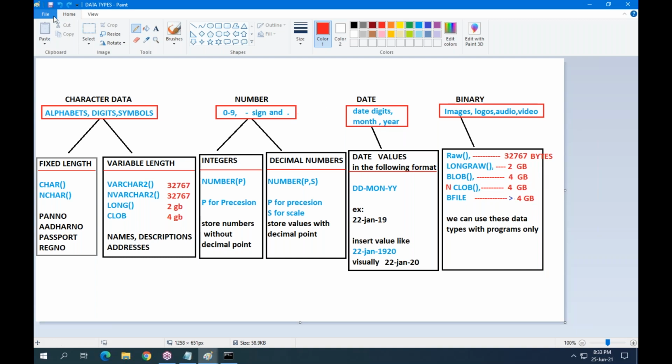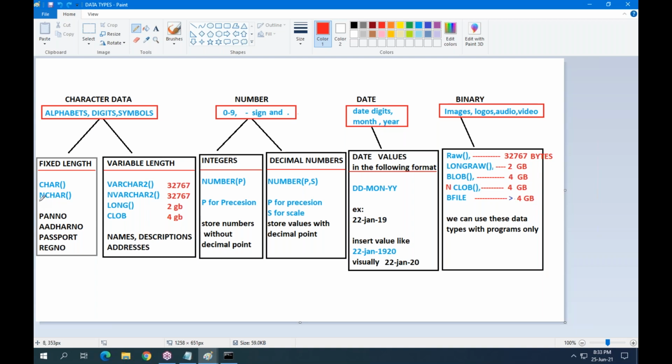Yes, sir. Okay, right. So only use the char data type for fixed length values. To store fixed length values into a column, for that column use the char data type.